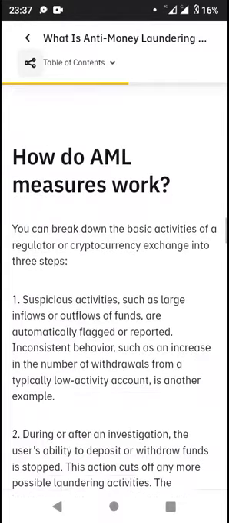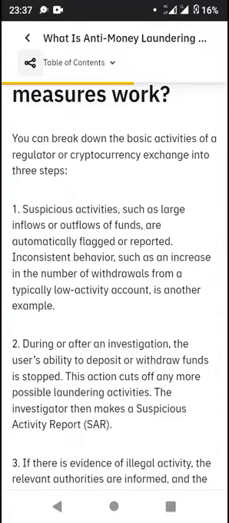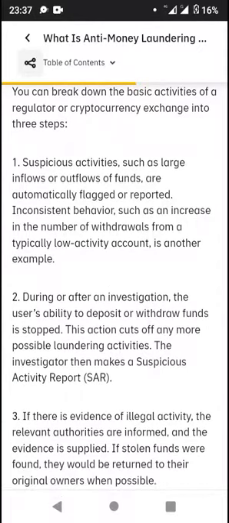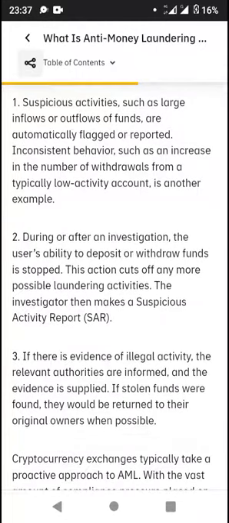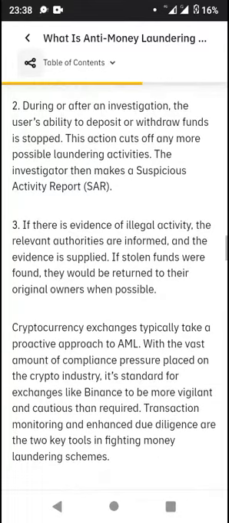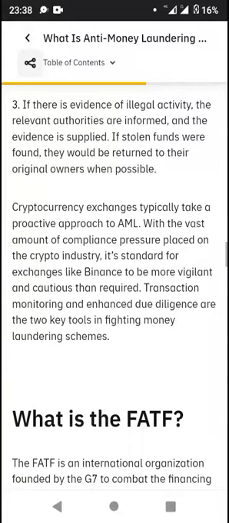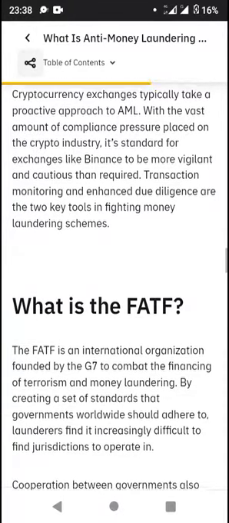So how do AML measures work? First of all, suspicious activities such as large inflows or outflows of funds are automatically flagged or reported. During or after an investigation, the user's ability to deposit or withdraw funds is stopped. If there is evidence of illegal activity, the relevant authorities are informed. Cryptocurrency exchanges typically take a proactive approach to AML. For the FATF,